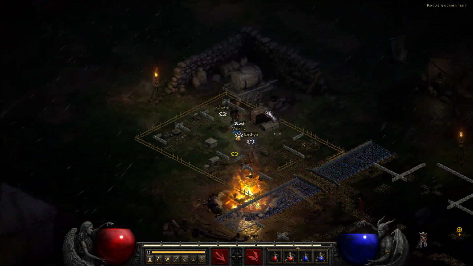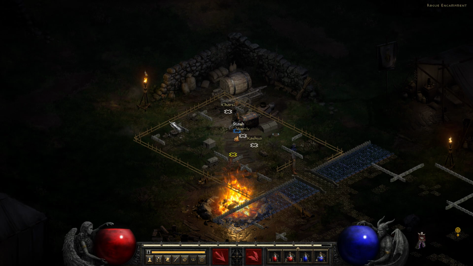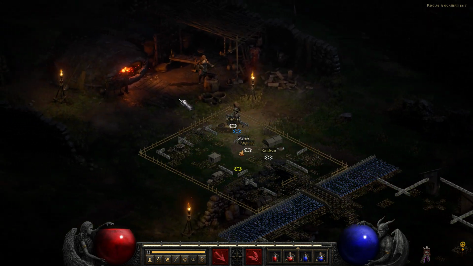Oh yeah, to get stash. So your stash, personal, and then you have 3 shared tabs. So if you find something for another class, you can put it in the shared ones, and when you make a new character, pull from that shared stash. So that's a nice feature that they have as well, which a lot of people like. I guess they kind of did it a little differently now, but...